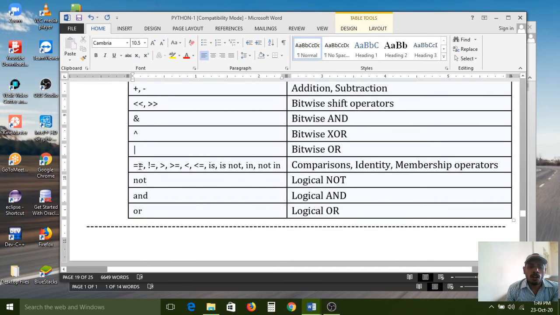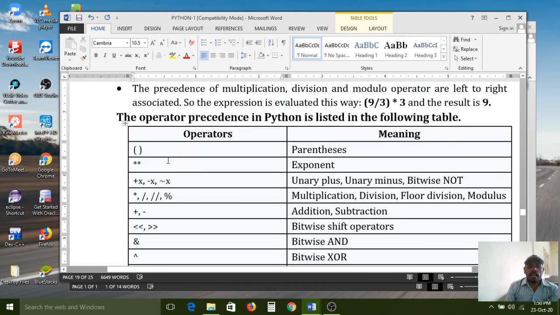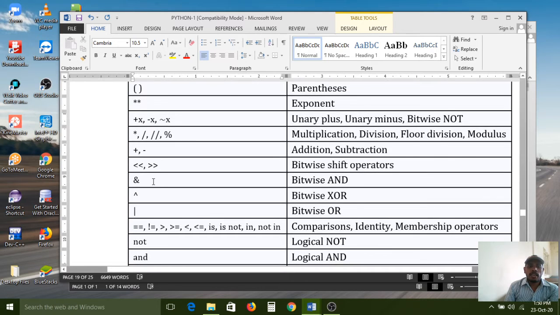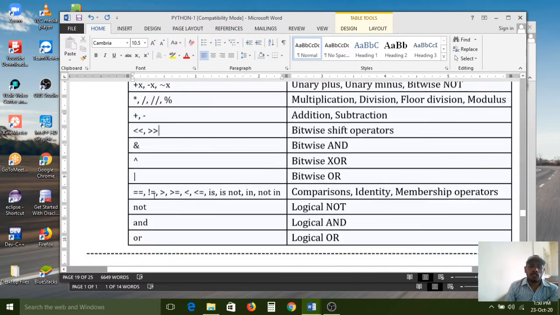I mean, these all are relational operators. These will also take priority, depending on your expression. Sometimes all symbols will not be in your expression. Whatever operators you have, they will execute according to the precedence in this table.